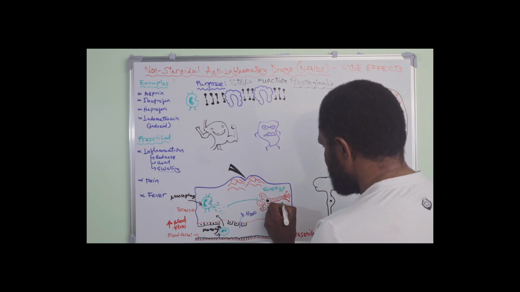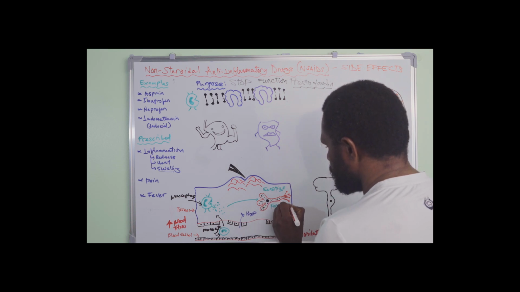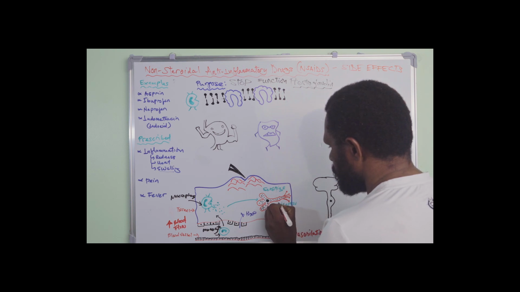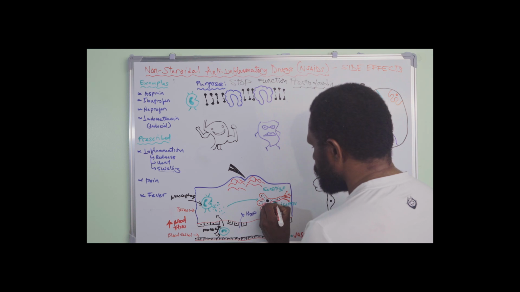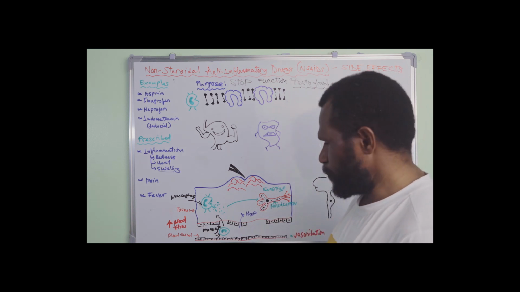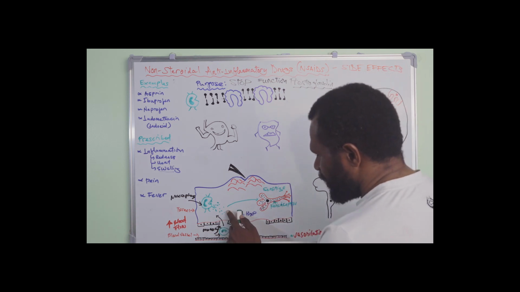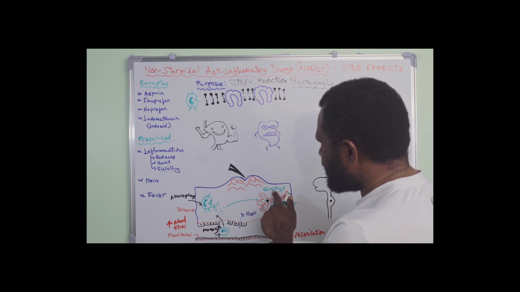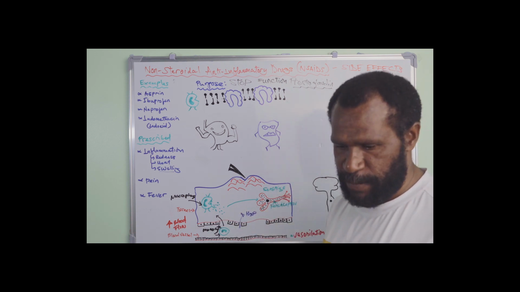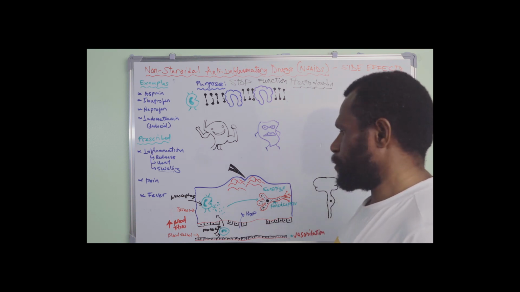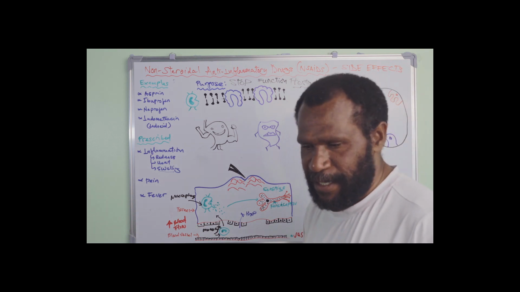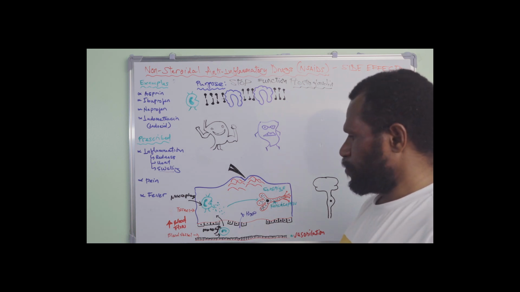This one is a nociceptor. Nociceptor is a pain receptor in the tissues, right? So this prostaglandin will sensitize these nociceptors that are responsible for transmitting pain signals or detecting anything that